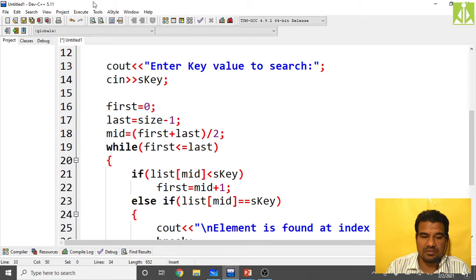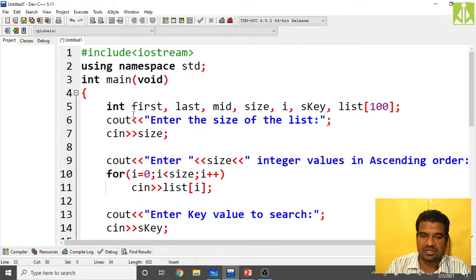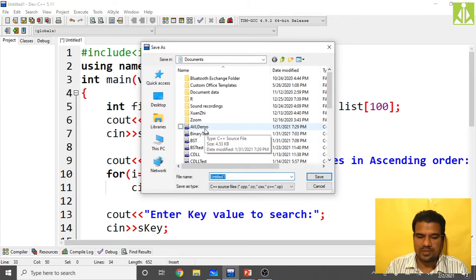If they ask, it is an important question: binary search, sequential search. Definitely you have to remember this one. The code is very simple, the concept is very simple. So binary